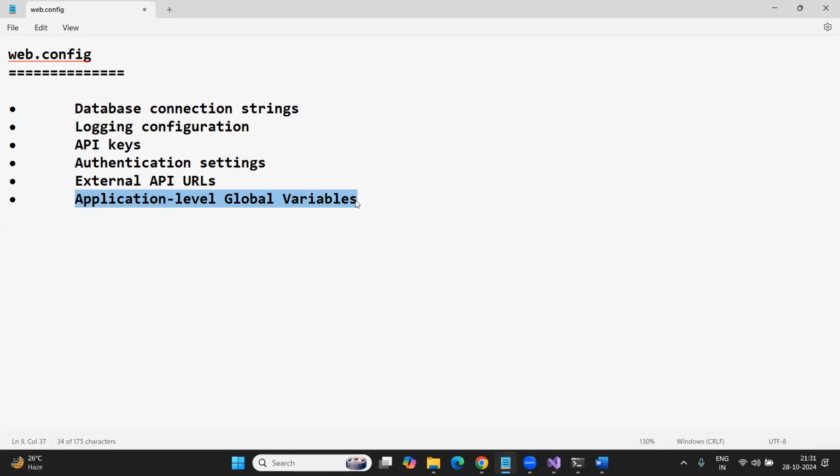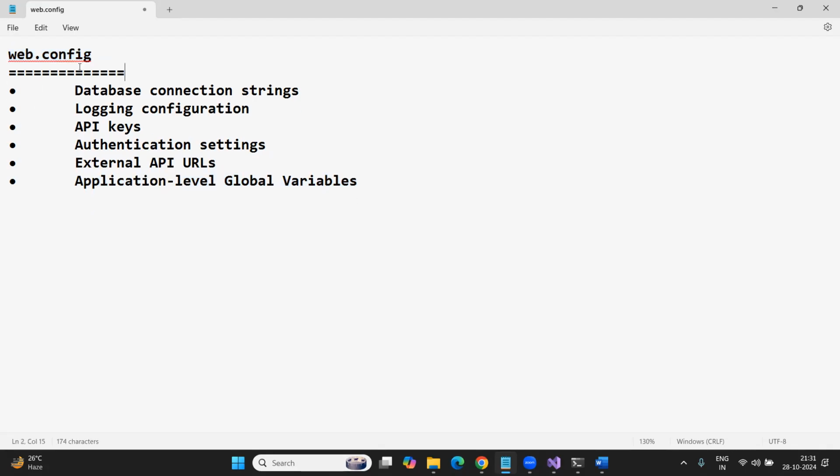So these things you can put inside the web config file. But the bad thing is that ASP.NET Core doesn't support this web config file. And for this purpose, in ASP.NET Core, we are provided with many configuration files. One is AppSettings.json,